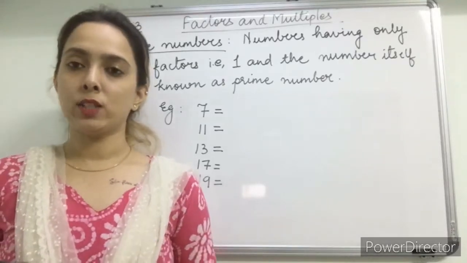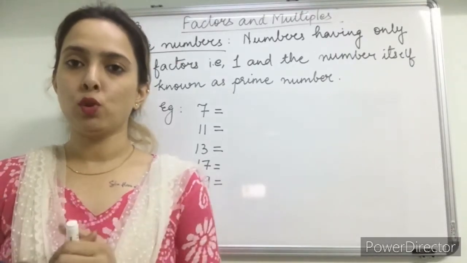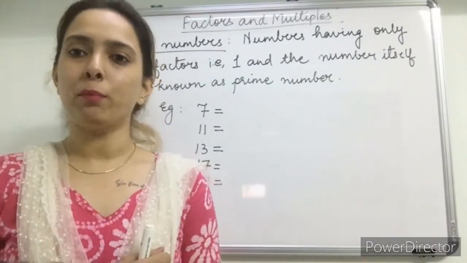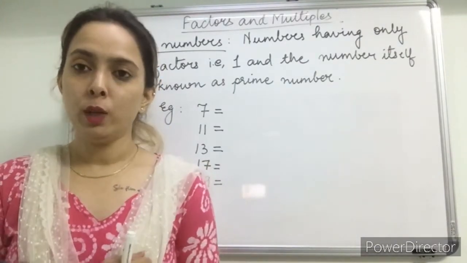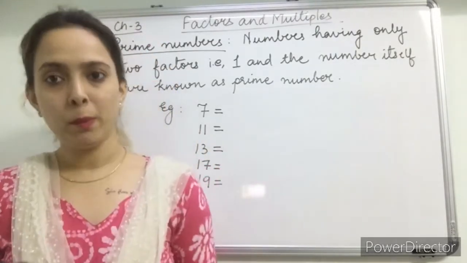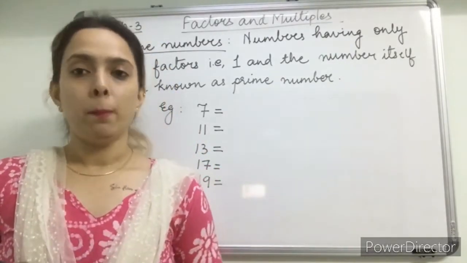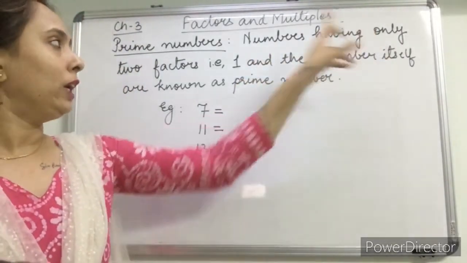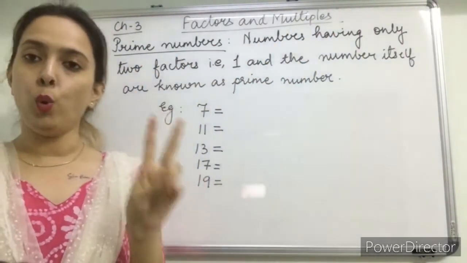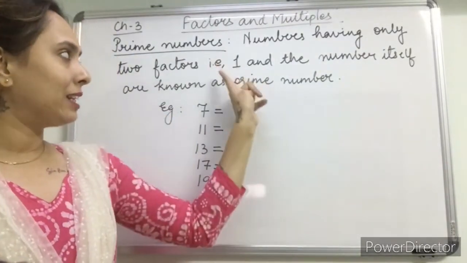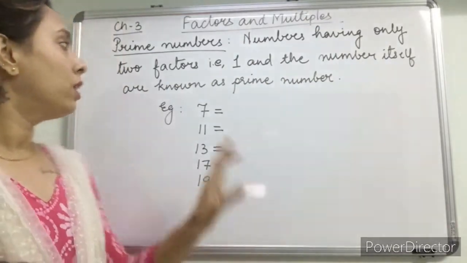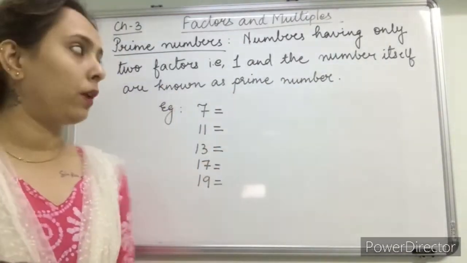So exercise 3.2 has some new topics. First topic, if somebody asks you what are prime numbers, so how will you answer those people? Prime numbers. Numbers having only two factors, that is 1 and the number itself are known as prime